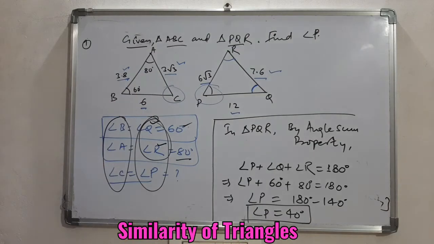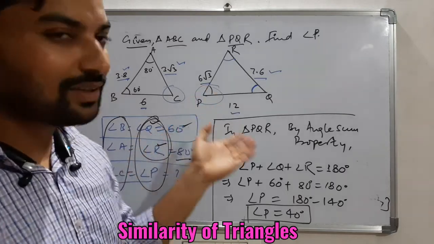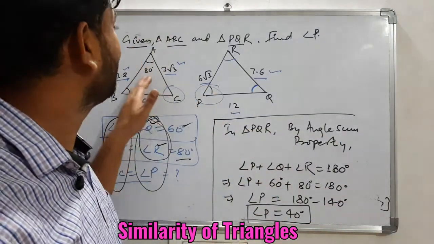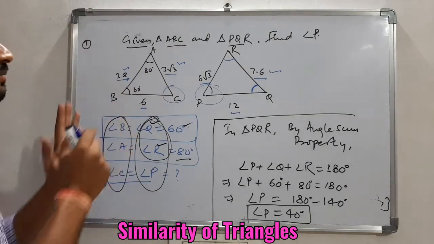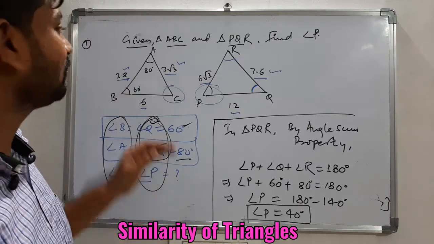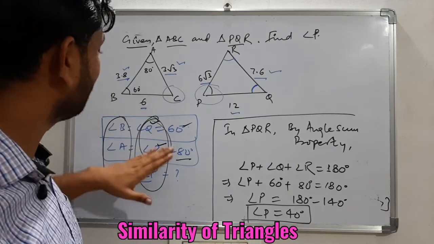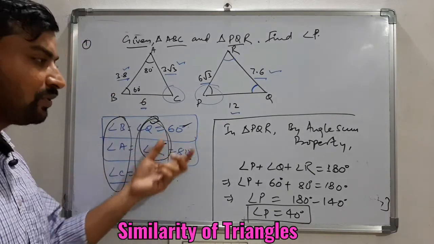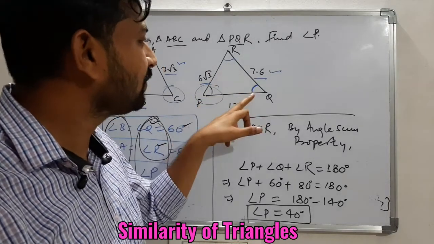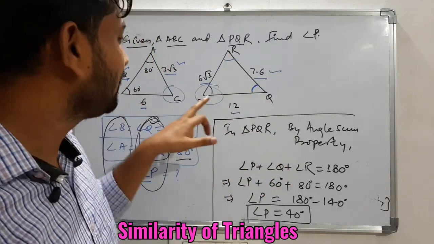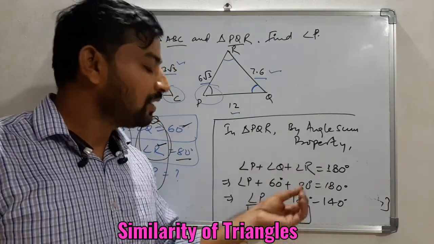So it is a very good application of similarity concept to calculate one value in the other triangle by using the concept of similarity. हमको इस क्वेश्चन में ये भी नहीं दिया गया था कि ये ट्राइंगल सिमिलर है. हमने रेशियोज निकाला तो हमको पता चला कि ABC और PQR तो सिमिलर ट्राइंगल है. So we use this information for the calculation of corresponding angle, and once we have the value of Q and R, जैसे ही हमने Q और R की वैल्यू निकाली, we can easily calculate the value of angle P by using angle sum property, which we applied here.